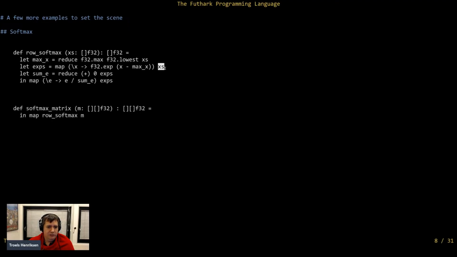We can then map on top of the original vector. For each element of that vector, x, we can run some code that produces a new element. In this case, we take x, we subtract max x, and then we take the exponent, and that is going to give us a new array, exps, also of this type. That's not visible here, but it is an array or a vector of f32s. Then finally, we sum that using a reduction, where now we use the plus operator with 0 as an initial element. And then finally, we divide every element of this exps array by the sum. So that is softmax on a vector.